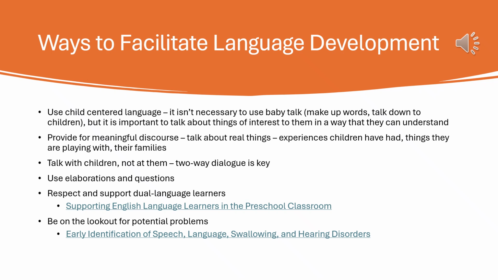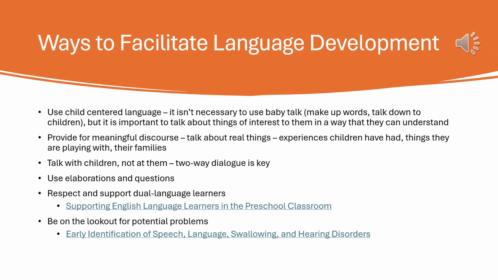We also want to talk with children, not at them. So not just spitting things at them and telling them what to do and doing all the talking ourselves, but making it a back and forth conversation. That's called dialogic conversation, where we talk back and forth. I take a turn and then you take a turn. That helps children to build their conversation skills, their receptive language skills, their comprehension, their vocabulary, their ability to produce language. So good for many, many things.